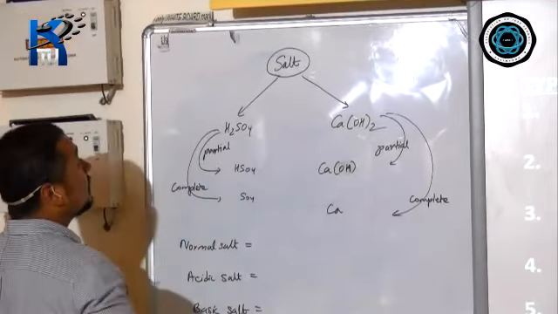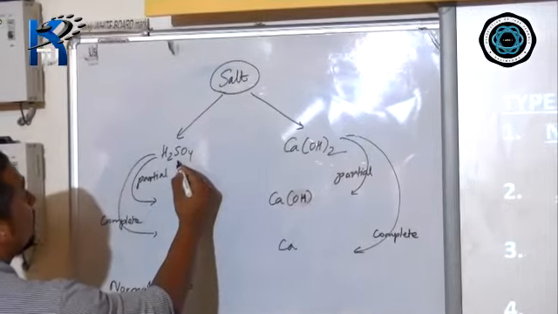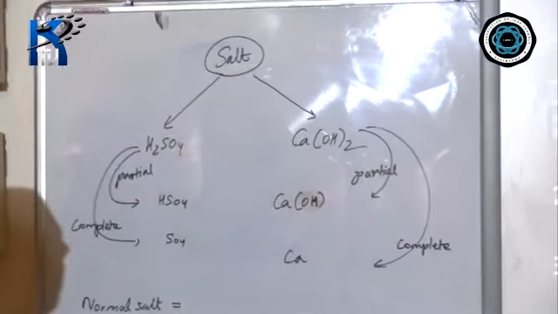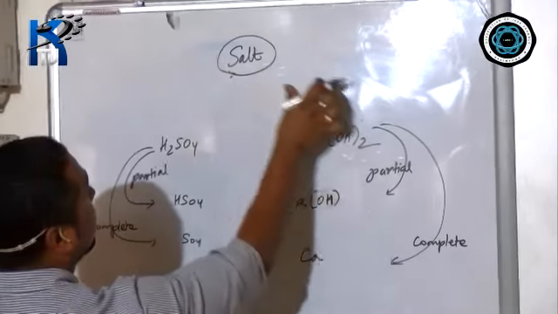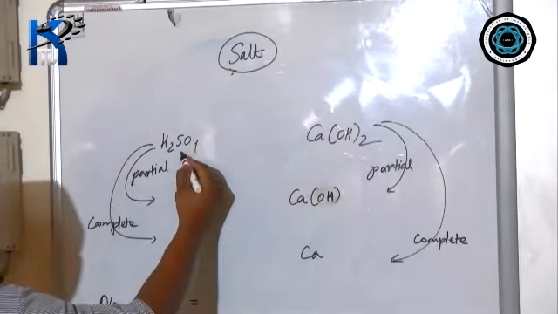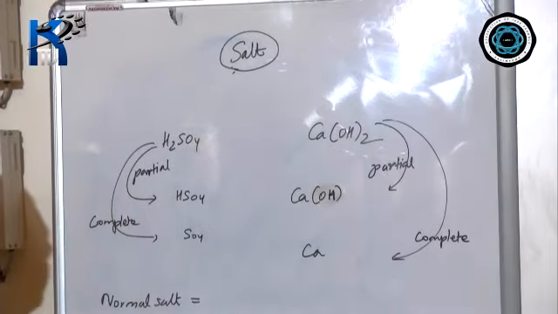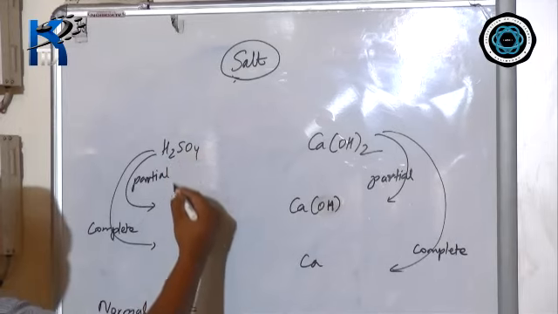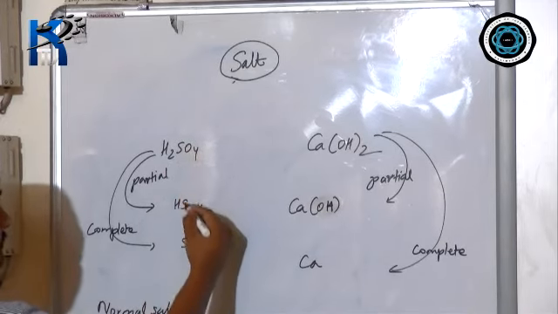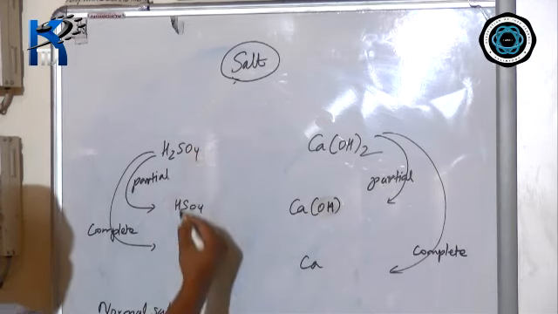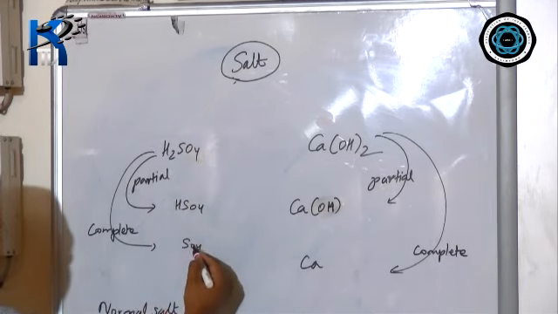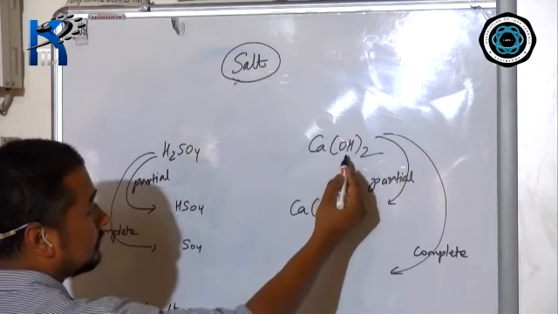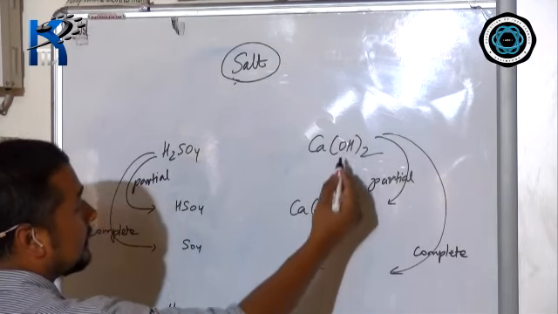Now this is known as sulfuric acid, students, and this is known as your calcium hydroxide. I repeat again, this is your sulfuric acid, this is your calcium hydroxide. So from here to here I am replacing one hydrogen. You can see out of 2H I have written 1, so I have removed one hydrogen, and from here to here I have replaced both the hydrogen. Similarly here I have replaced one OH, and from here to here I have replaced 2 OH.